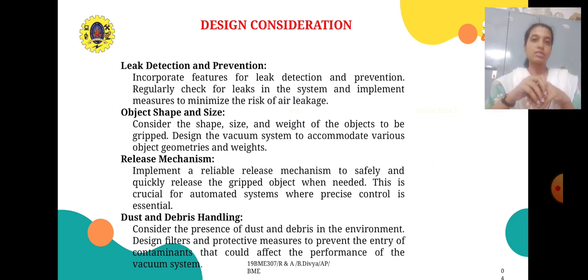Object shape and size. Consider the shape, size and weight of the object to be gripped. As I told you in the previous video, we have different shapes on the table. In the diagram we have seen different shapes. The gripper will pick only the triangular shape box, or a triangular shape. Like that, the gripper shape is to be designed according to the object which is going to be gripped. Consider the shape, size and weight of the object to be gripped. Design the vacuum system to accommodate various object